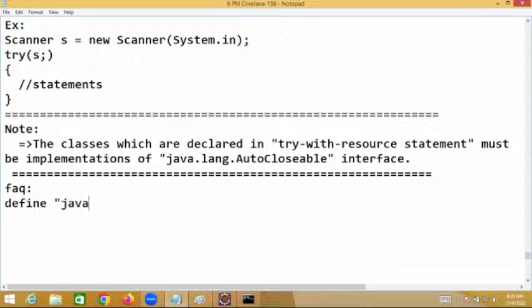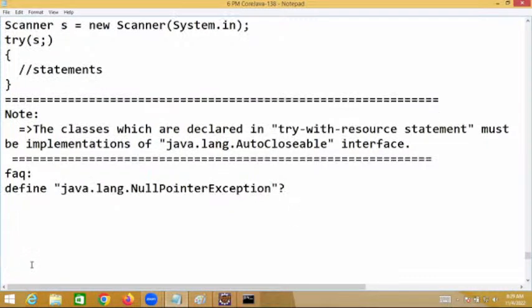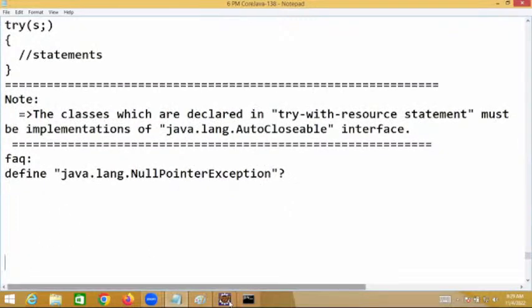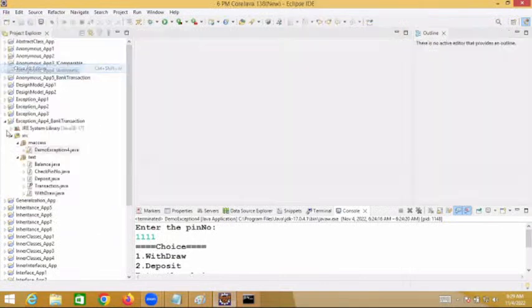Define java.lang.NullPointerException. Now see there, when this null pointer exception will come means,